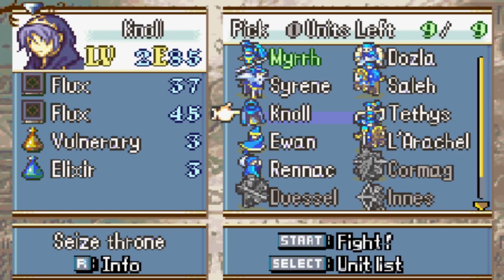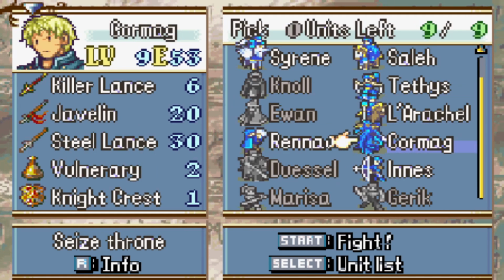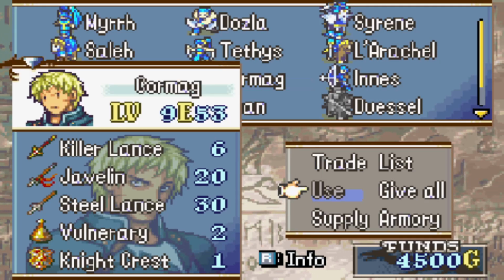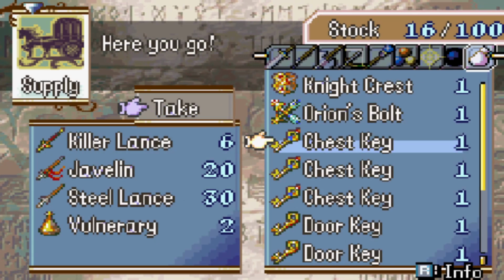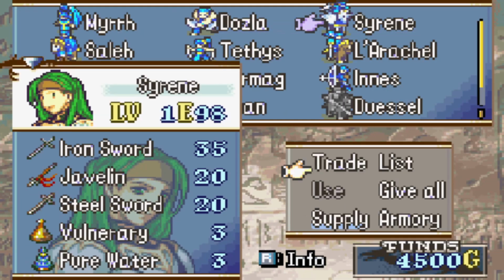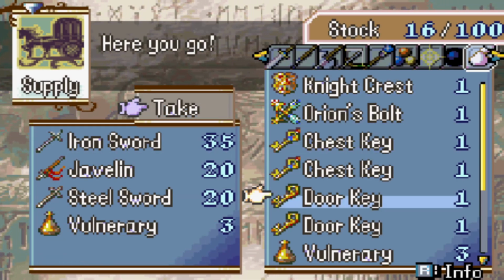Today we have Chapter 8, and there were a couple things we need to do for this chapter. Now, we don't have the overworld preps to work with, and we had to give Cormag a chest key, and Cyrene needs a door key. Another thing we do is we got an energy drop from last chapter, and we will have to feed that